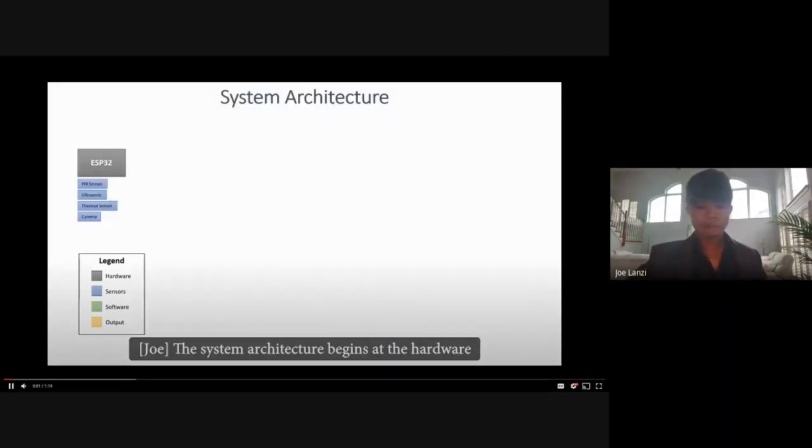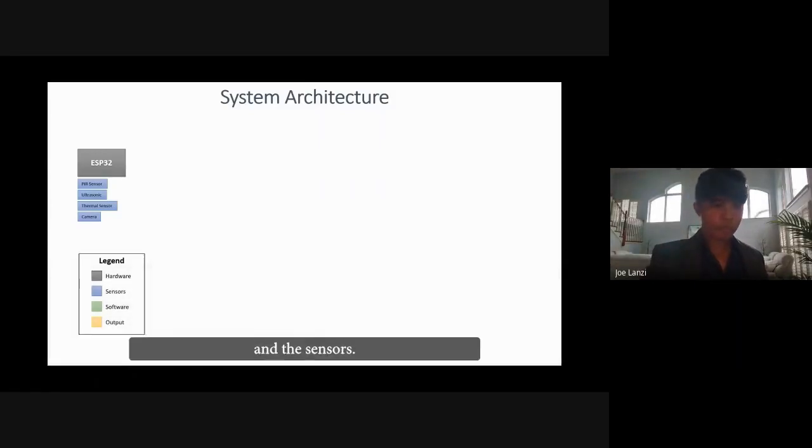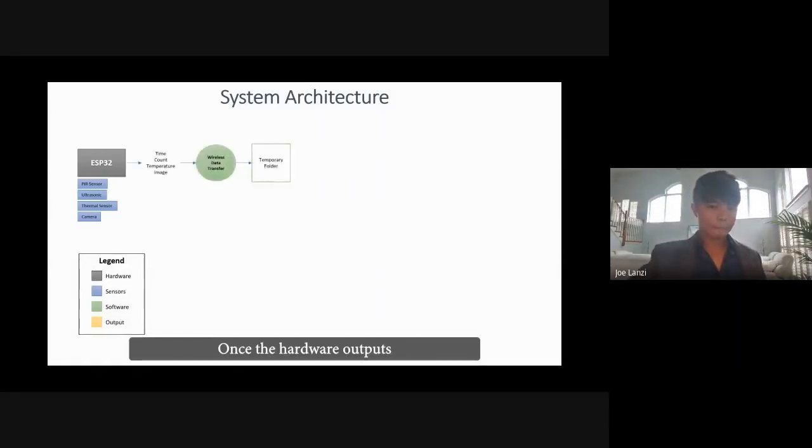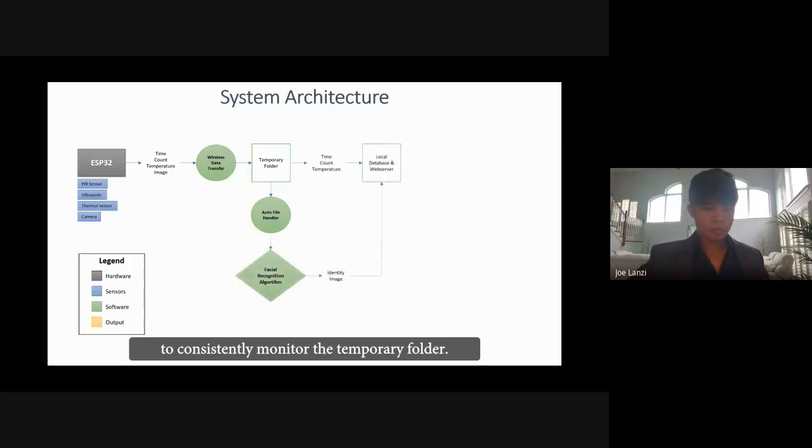The system architecture begins at the hardware and the sensors. Once the hardware outputs the data, it is then wirelessly transferred to the temporary folder of the database. From here, a system handler was created after a first in first out queue to consistently monitor the temporary folder. The system handler is capable of automatically applying the facial recognition algorithm to the image files and moving the updated